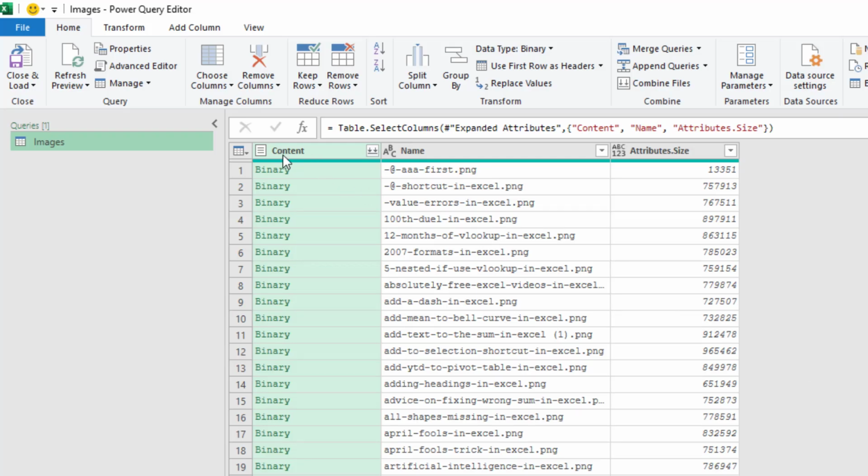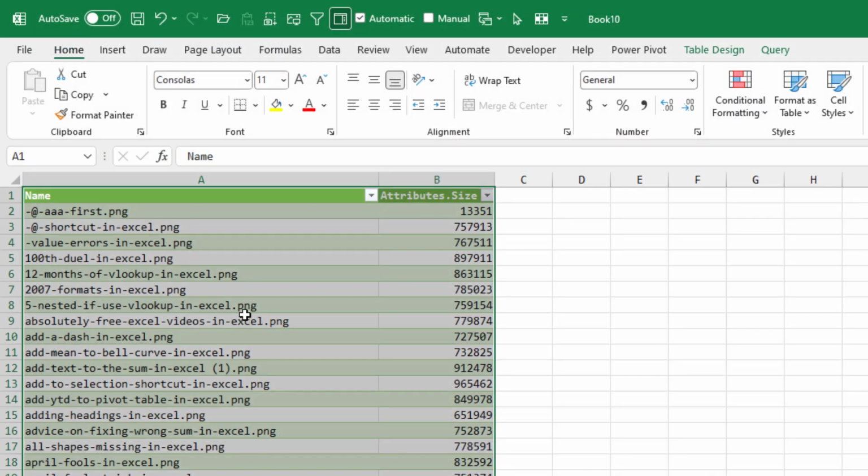And same thing here. This is Power Query. Those are a list of all those files in the folder. Boy, if I put content here and include that and close and load, it would be so nice if they would take that binary file and insert it as an image in Excel. That would be very useful.